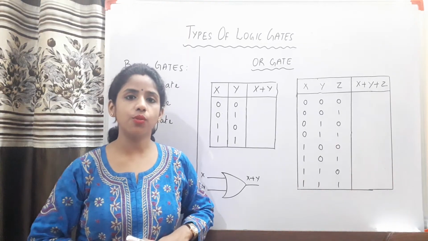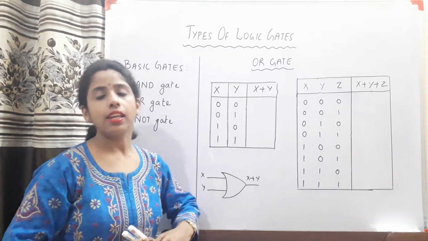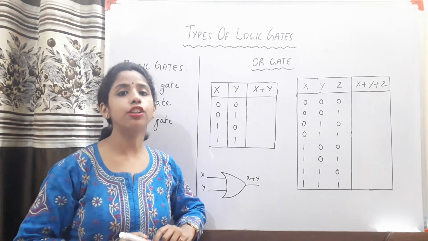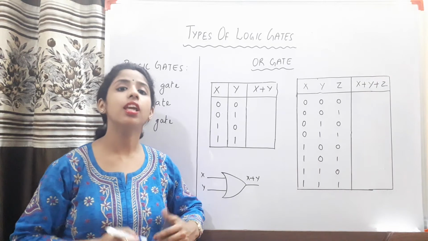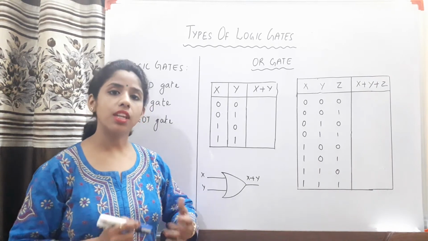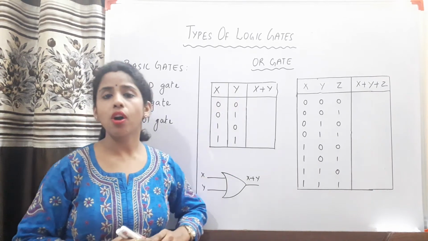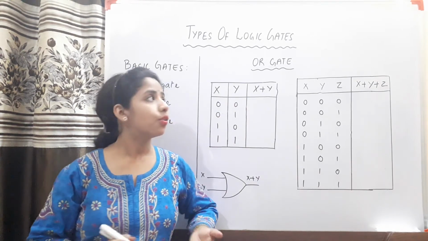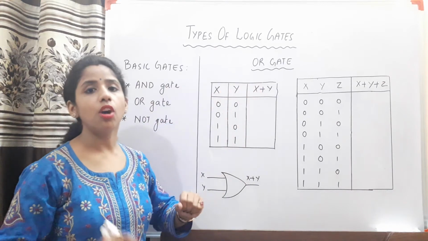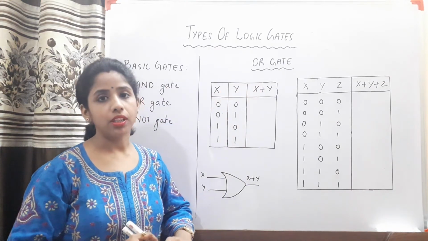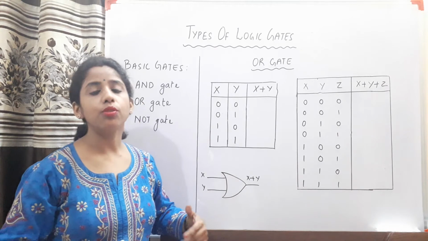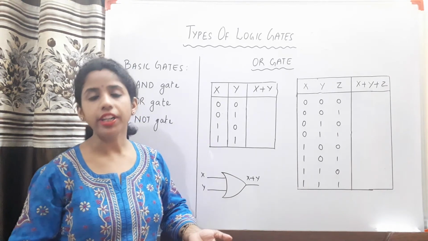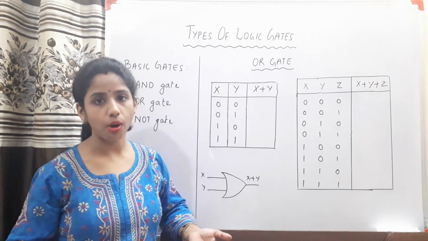So next in the sequence we have the OR gate. As you know, children, the OR operator was a binary operator and it used to perform the logical addition of its operands, and the same is the case with the OR gate, because the OR gate is nothing but the practical implementation of your OR operator. So this operator performs the logical addition of its operands, and since it is a binary gate, you have to give at least 2 inputs so that it may work upon them and perform the logical addition of its operands, right?